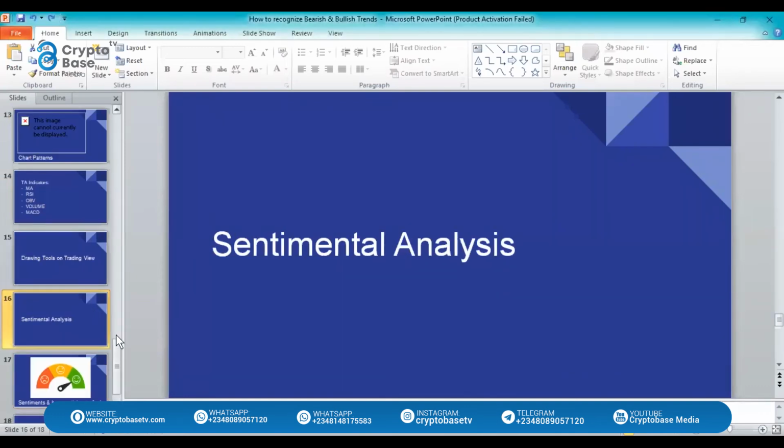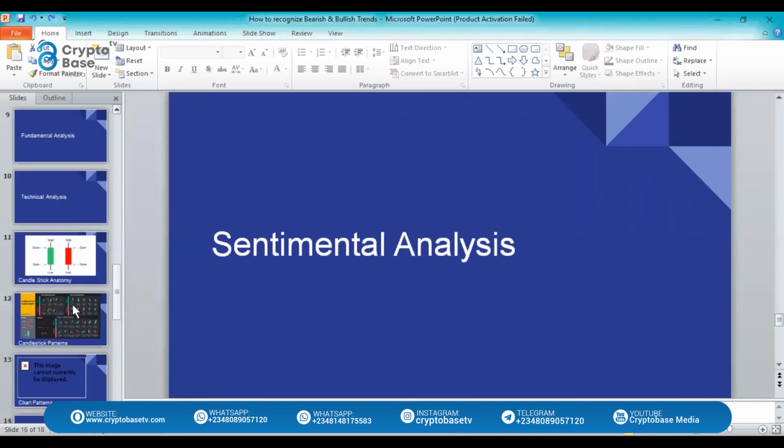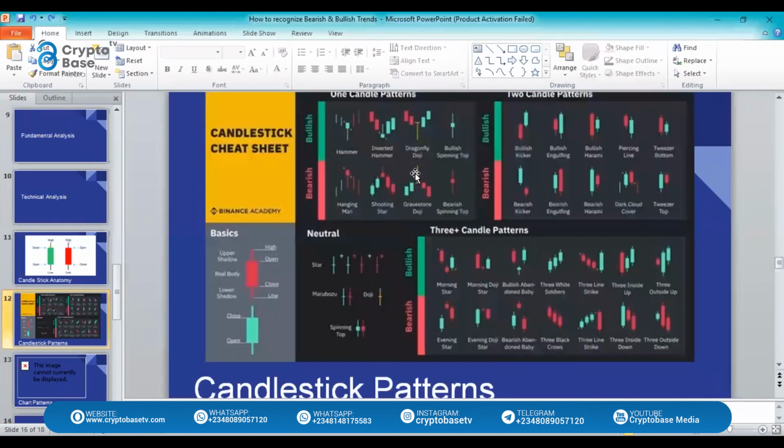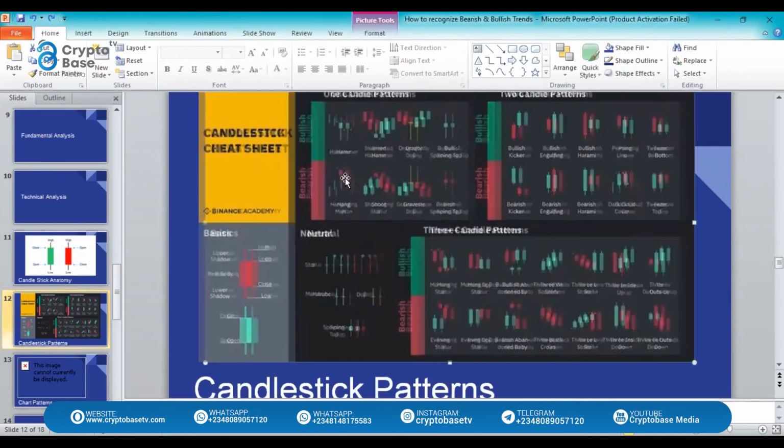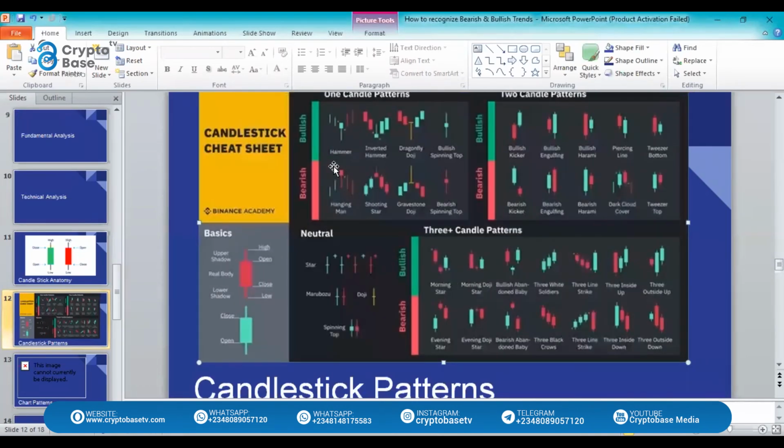If you see a hammer head, you are going to see an inverse hammer, or some people call it hangman. Sorry, it's hangman, not inverse hammer. There's an inverted hammer, but a hangman is like the opposite. So if you see a hangman instead of a hammer, and you see it at the top of a chart, that means it is very possible that the chart is about to go down. If you see a candlestick like this at an all-time high, it's possible the price is about to go down.